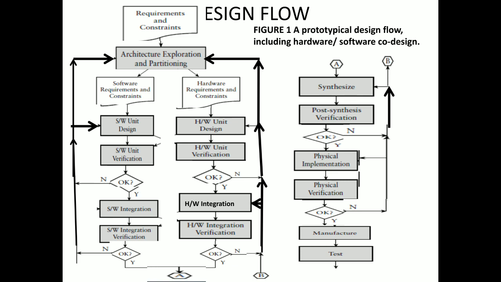This is the digital design flow. First we'll be collecting the requirements and the constraints for a design, and after that we'll be creating an architecture, meaning an overview of the design, like a blueprint. And after that we'll start to describe the design by listing the requirement of the software languages, and listing the need of the hardware components. And after that we will be describing the design, and we'll be verifying the design.